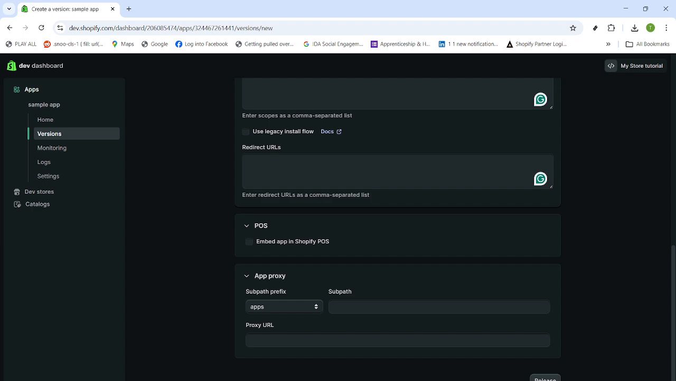That's it. You navigated from admin to the dev dashboard, created a new app with the official template, named it, enabled admin embedding, pinned the API version, verified redirect URLs, optionally enabled POS, and wrapped up at the versions overview. With these foundations in place, you're set up